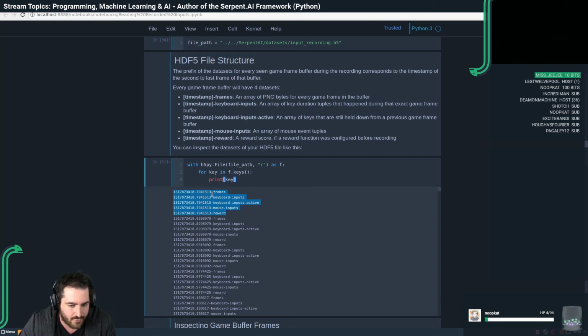There's a frame sequence in frames. Then you have keyboard inputs. Keyboard inputs is what happened at exactly that point in time, so most times this is probably going to be empty. But if something happened to be captured at that point in time for that specific frame, it will be in there. Now there's also keyboard inputs active. That's another one. This one is a collection of the keys that were already pressed and are still pressed from previous frames. You have your mouse inputs, so anything that's happened with the mouse during that frame, and then reward,